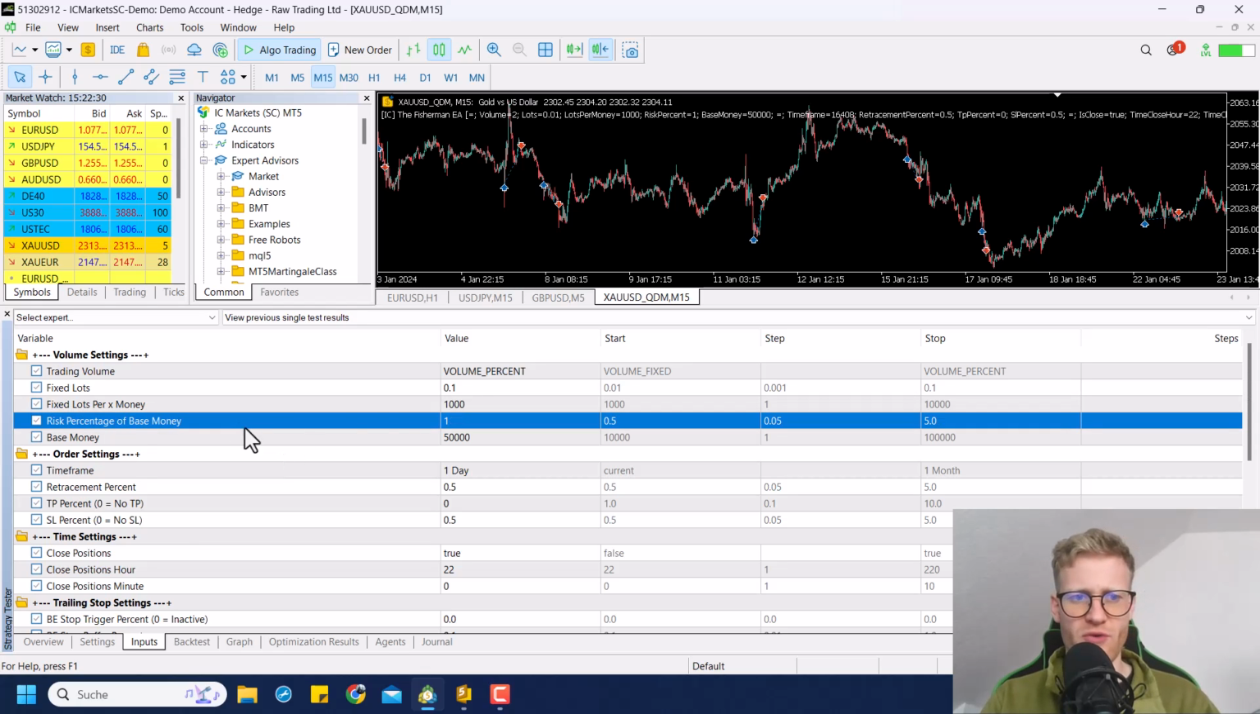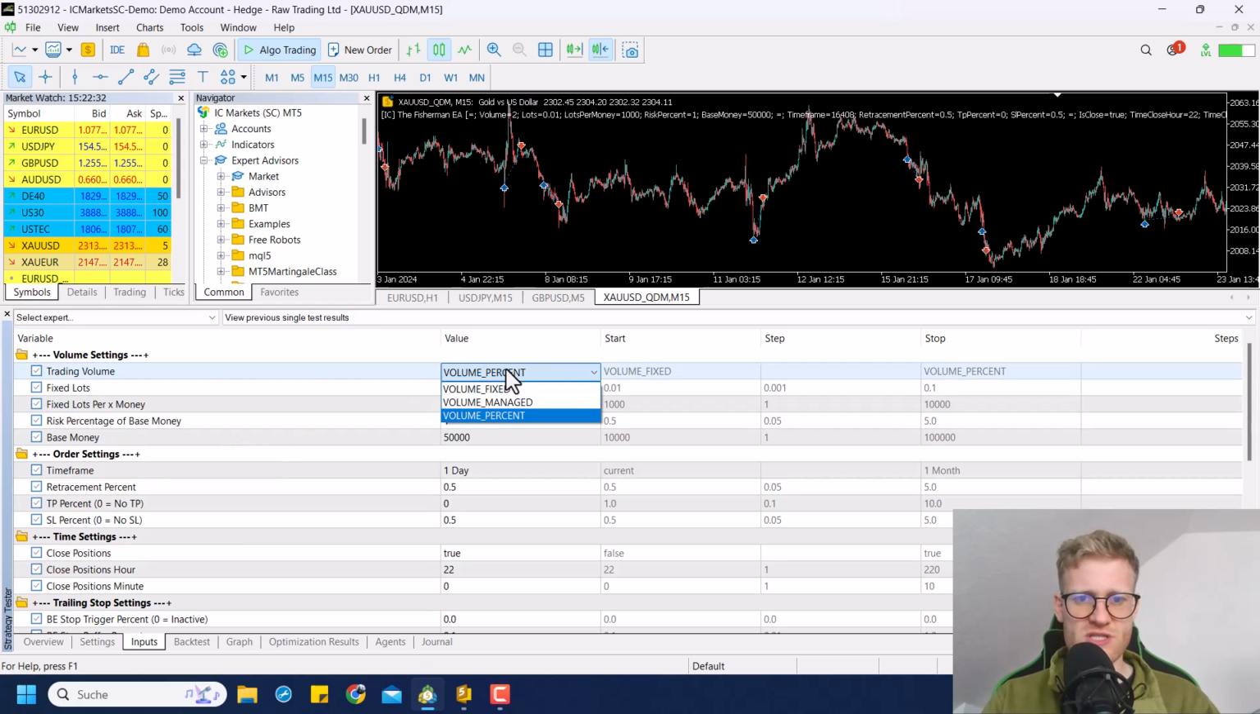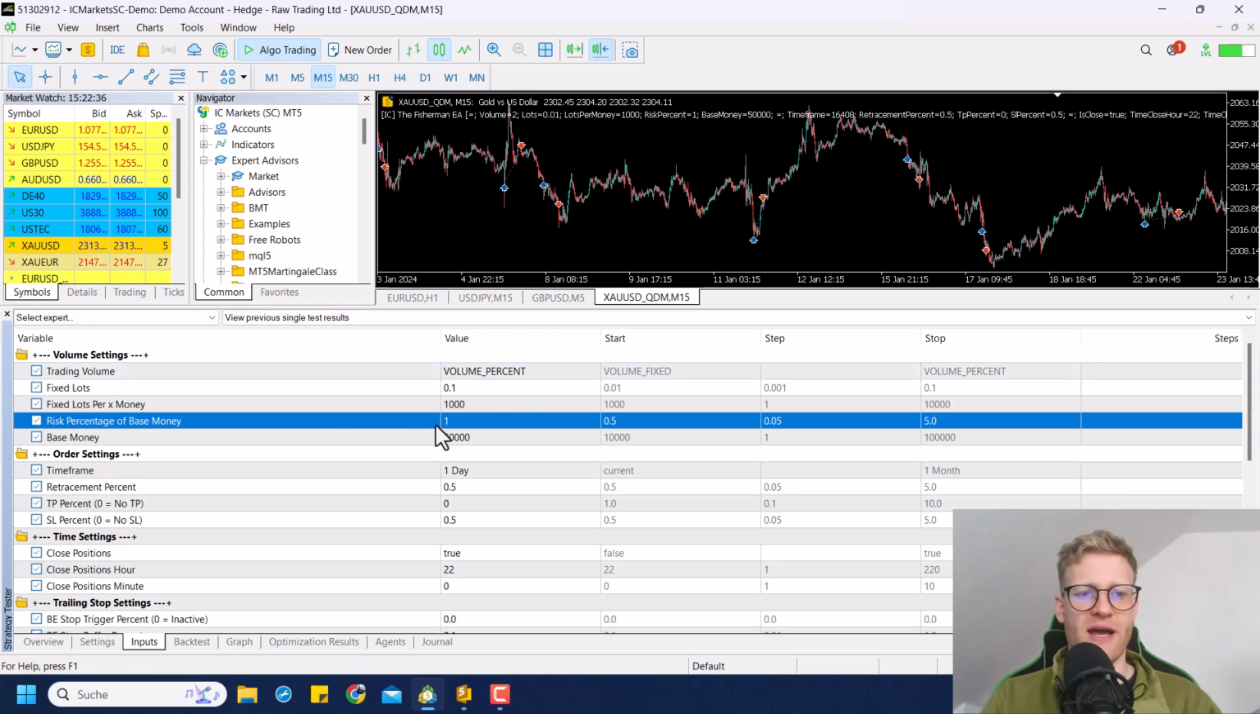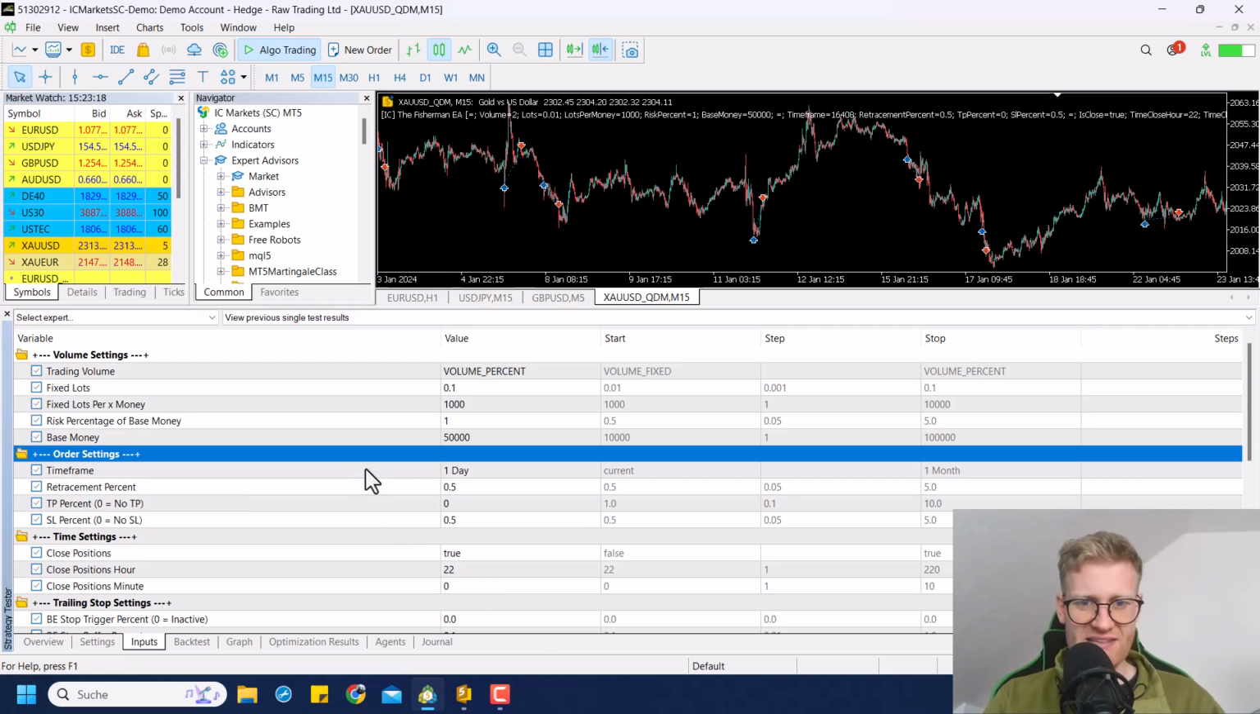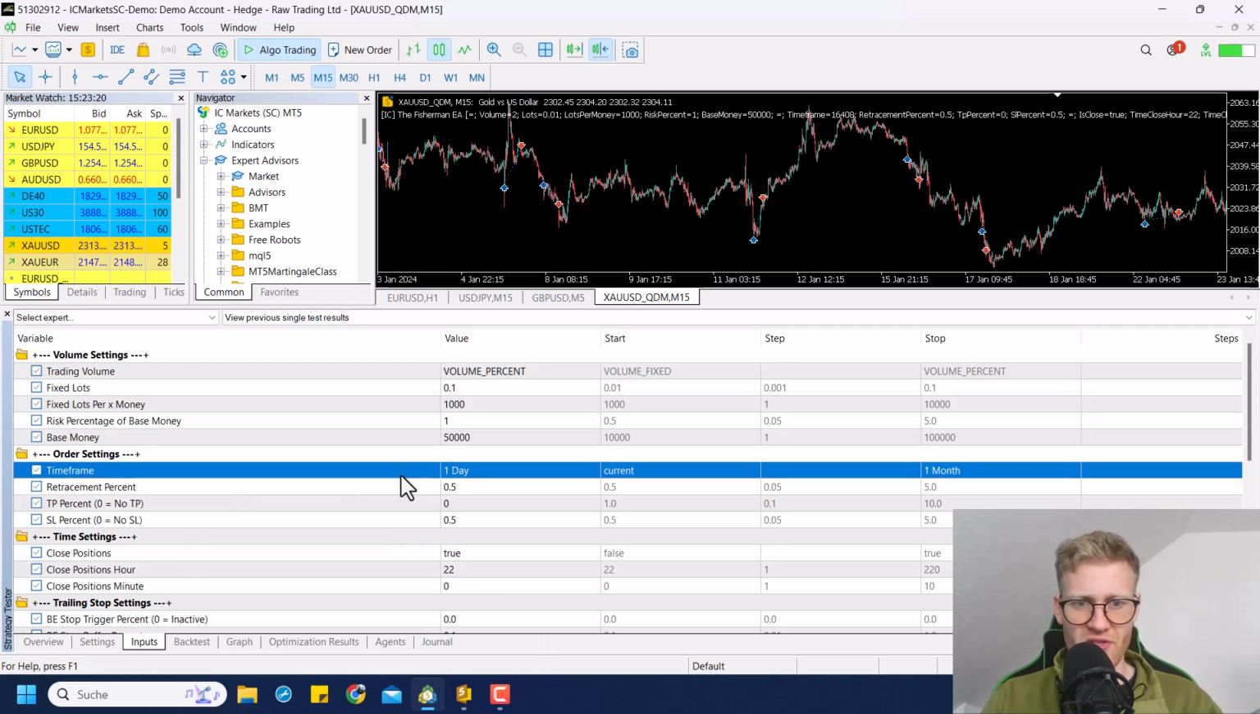And then we also have the risk in percent. This is used when we have the volume percent mode active. And also the risk in percent is always based on the base money input. Following the volume settings, we have the order settings, and this is first of all the time frame for